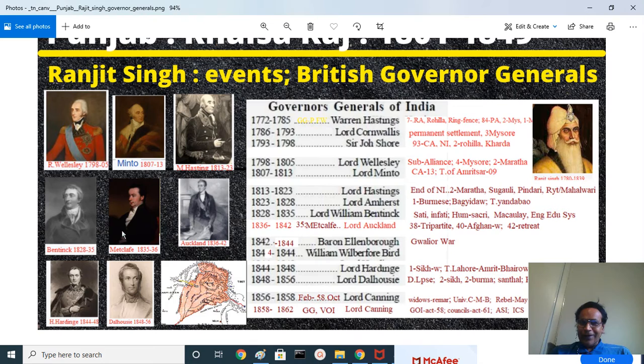After Metcalfe demitted his office, the major Governor-General was Ellenborough. During Ellenborough's time the Gwalior army rebelled and war was fought, and finally Scindia was subdued. That's a thing. And Ellenborough, we skipped it. After Bentinck, Lord Auckland, very important. During Lord Auckland's time in